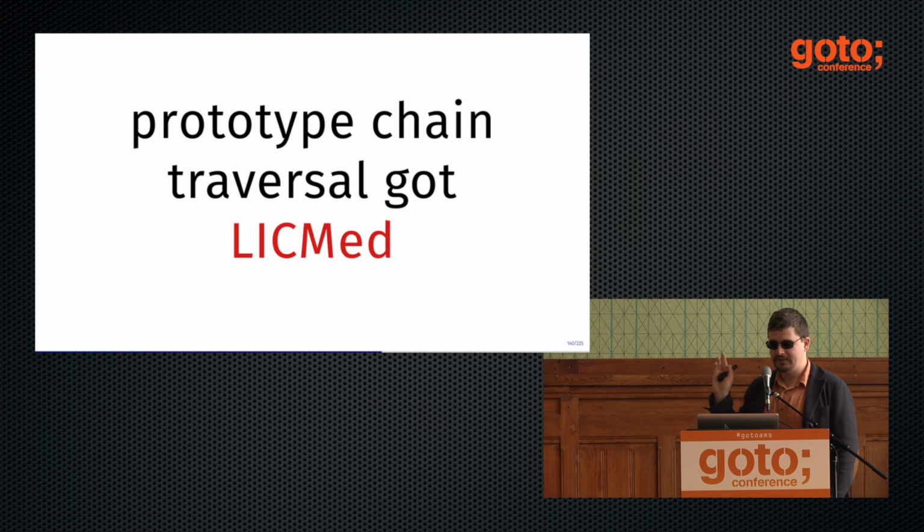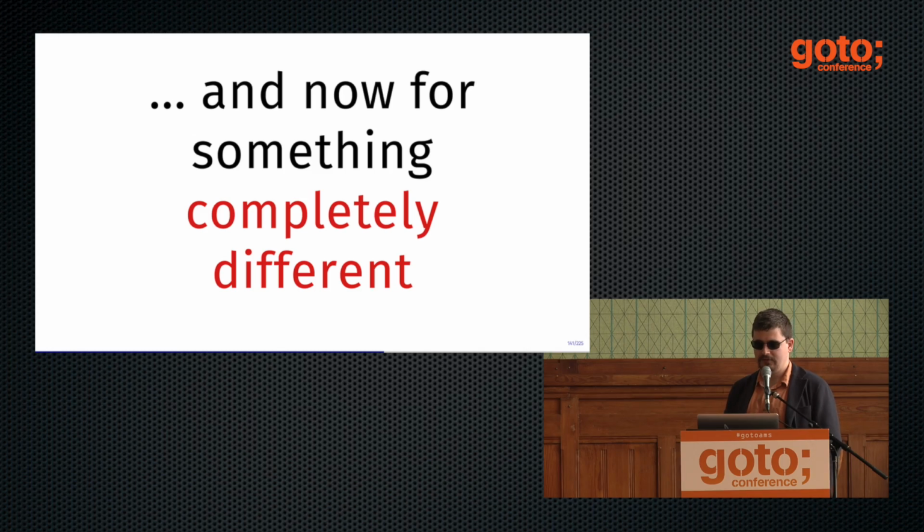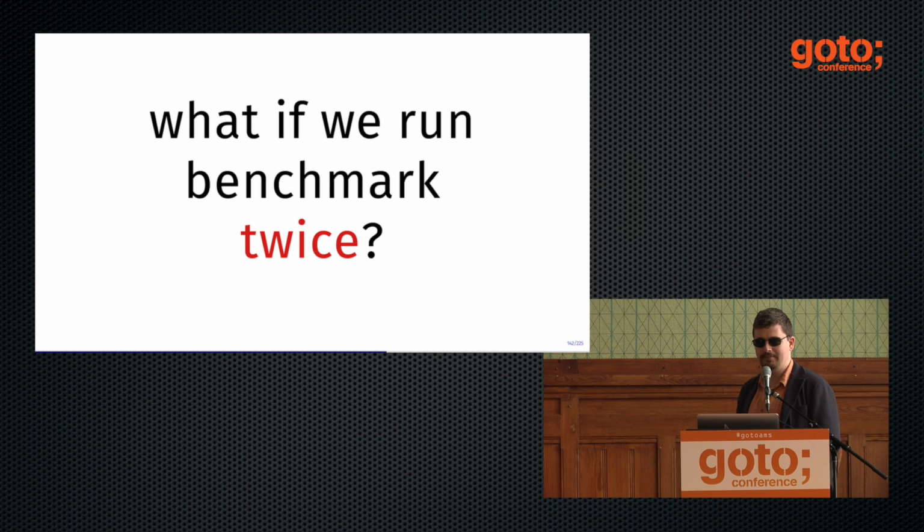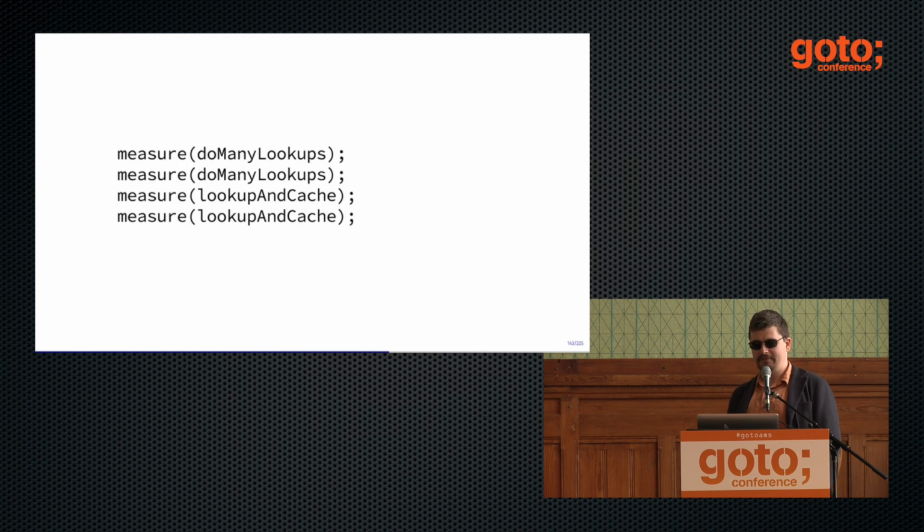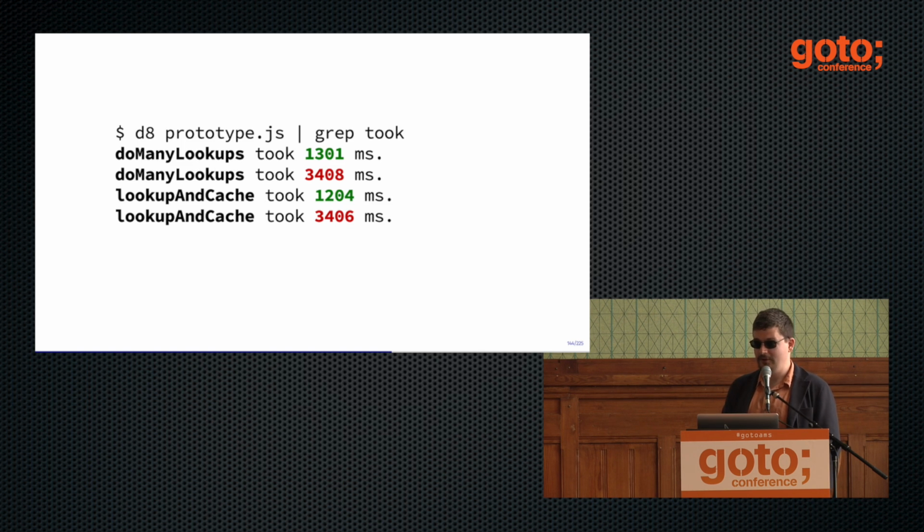And the thing that you should observe here is that the prototype chain traversal code that goes up the prototype and finds where the property is got loop-invariant code motion, moved somewhere out of the loop, and you're not measuring anything again, essentially. So, okay, let's do something completely different. Well, actually the same. What if I run the same benchmark twice? Like I measured the same function twice for the first benchmark and for the second benchmark as well. Expectation is that nothing changes. Maybe it becomes a little bit faster because there is no cost of optimization anymore. Turns out, no, it actually becomes slower for some strange reason.